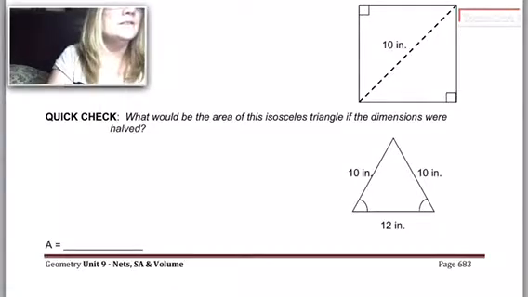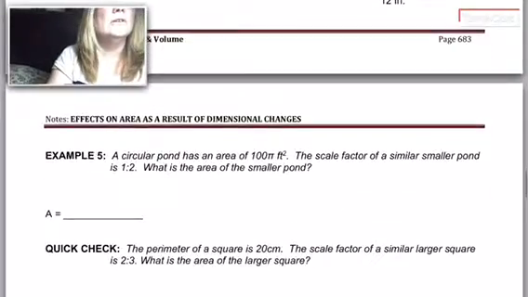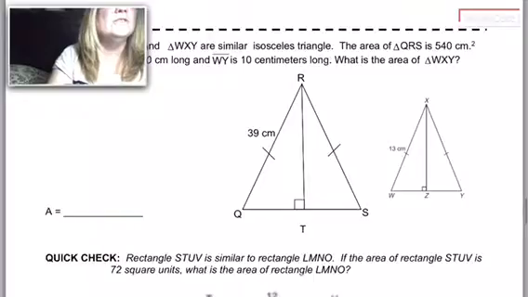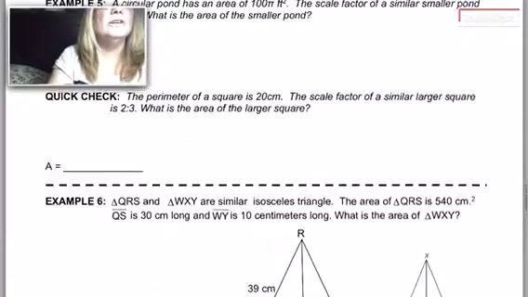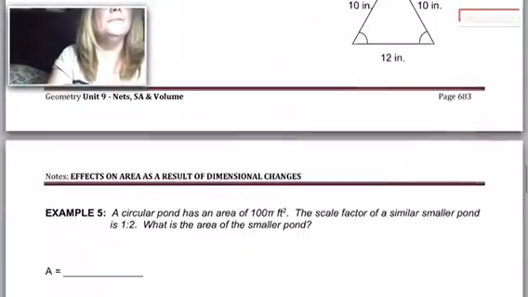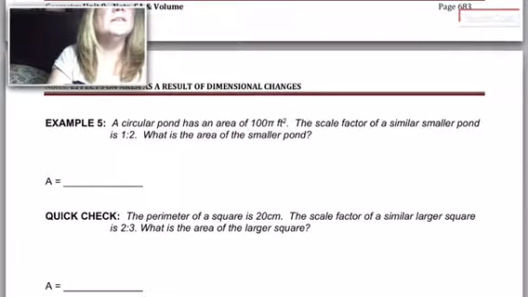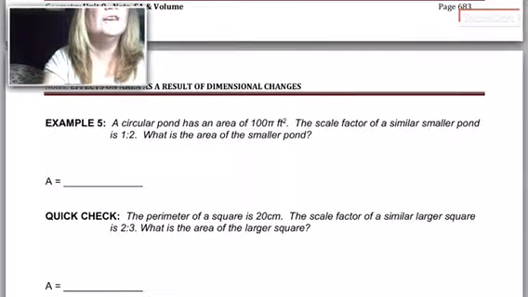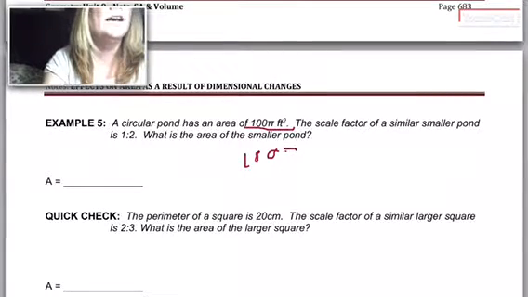Okay, let's see what is next. So we still have quite a bit left here. Let's see if we can finish it. A circular pond has an area of 100 feet squared. So let's just try the rule to cut down the thing. So this is square feet, okay? So we're talking about area. So we have 100 pi,